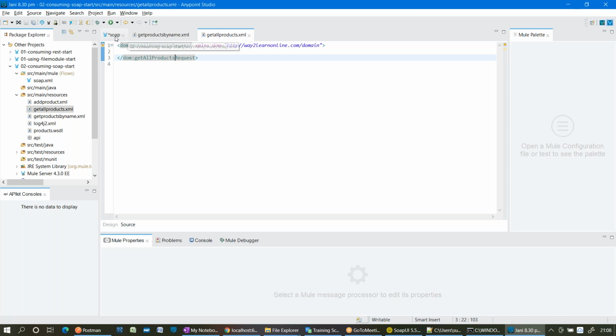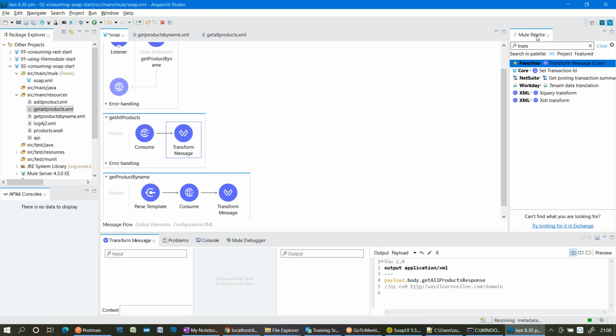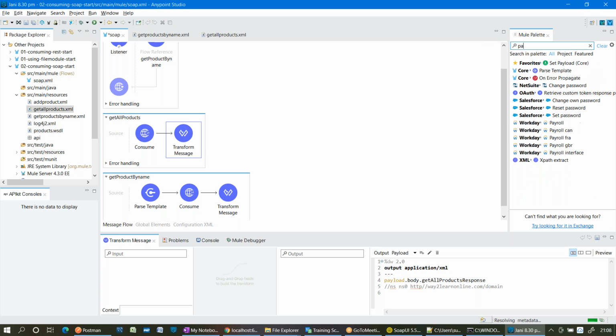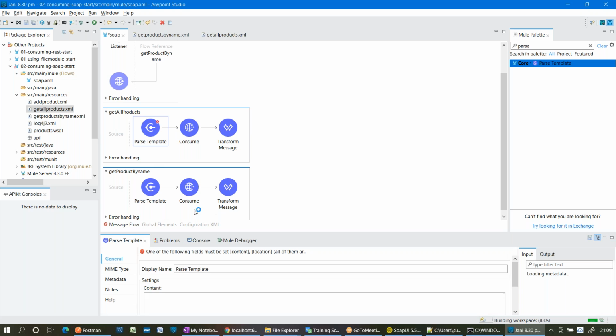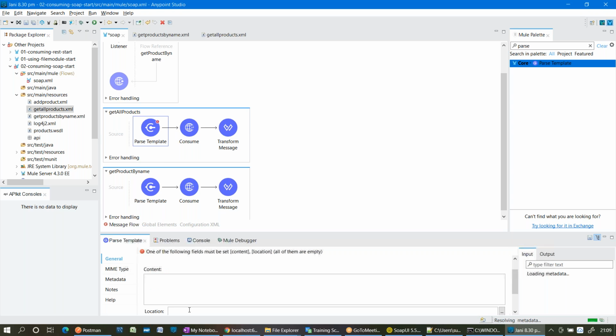Save it now. Now, do I need to use a parse template to read that? Yes, right? Parse template, and give the location of it. Now I saved with this template.